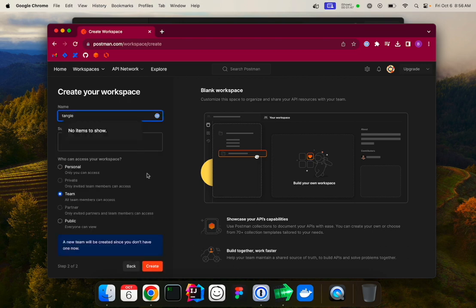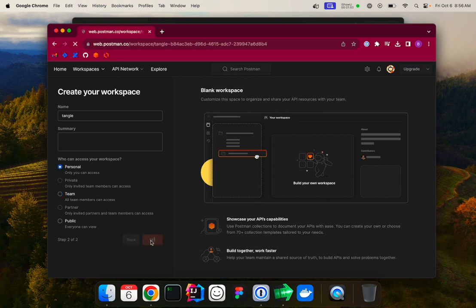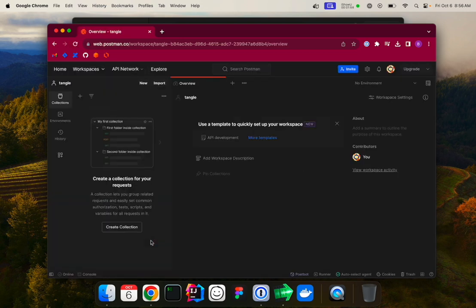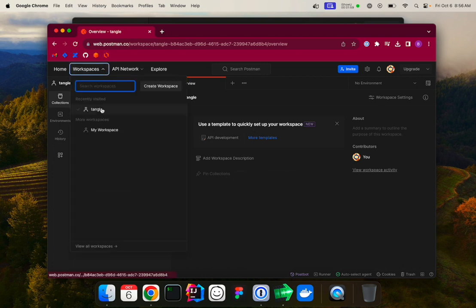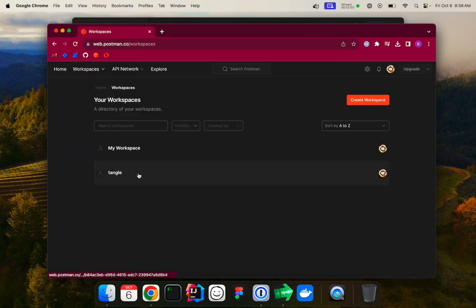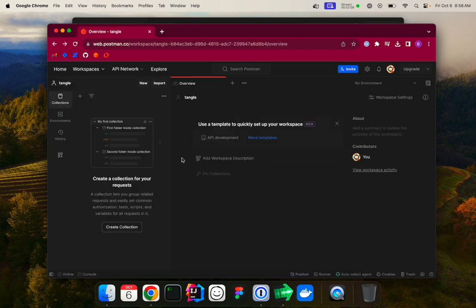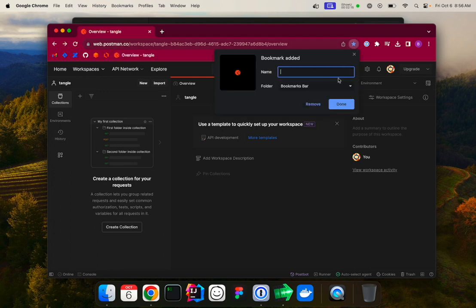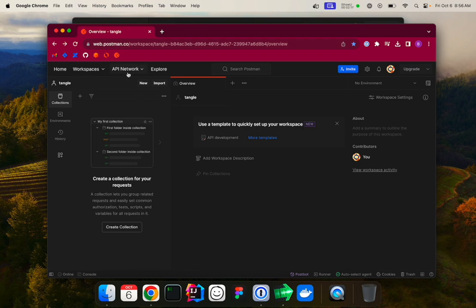It's called Tangle Personal. And then you can see that it's now blank, and I can go into view all workspaces. I think, no, I already got rid of it. Okay, that's cool. All right, so now that I have a workspace, I'm going to bookmark it. Now you can use this